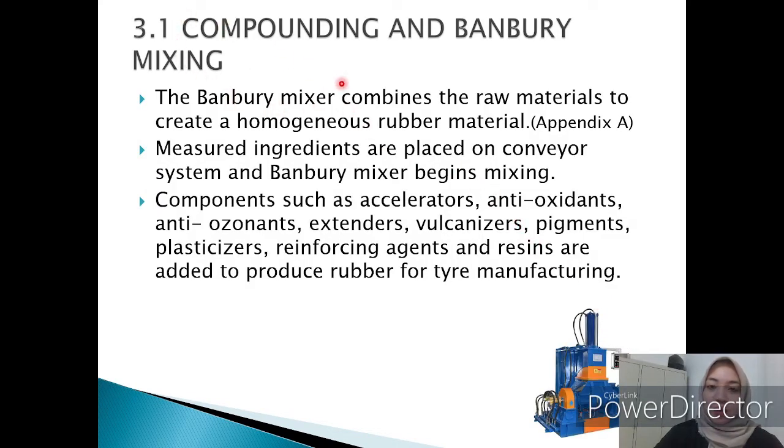Next slide, I'm going to explain the parts of the assembly process. The first part is compounding and banbury mixing. The banbury mixer combines the raw materials to create a homogeneous rubber material. The materials we use are chemicals and natural rubber. Second, the major ingredients are placed on the conveyor system and a banbury mixer to begin the mixing. Components such as accelerator, antioxidant, extender, vulcanizer, pigment, plasticizer, reinforcing agent, and resin are added to produce rubber for